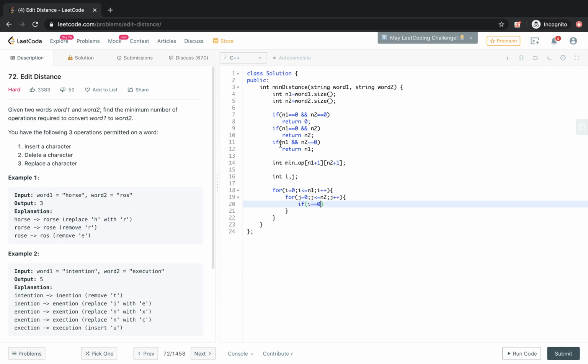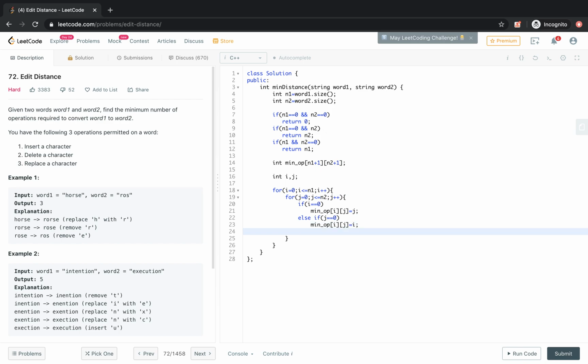As we know, if n1 is 0, then we return n2, that means j will be the result. So we store that value in the table: min operations i j will be j only. Similarly, if j equals 0, then we fill the table with the value i.